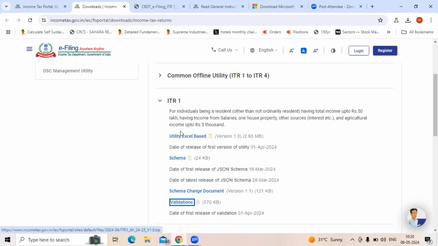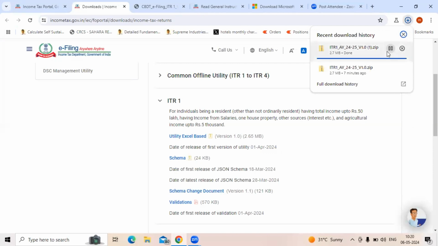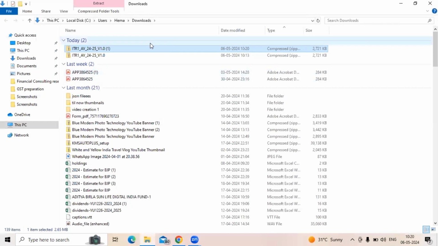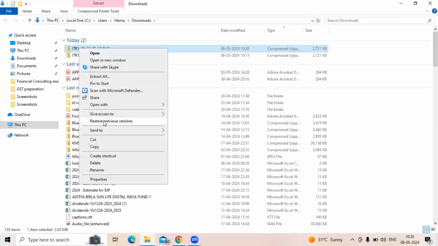This is the place where you need to go and download this Excel utility. When you click on it, it is downloading in my downloadable path. This is the path where, by default, your downloaded files will be available. When you click on it, it will be in a zip file. You need to right click and then maybe you can create a copy of it, or you can simply open